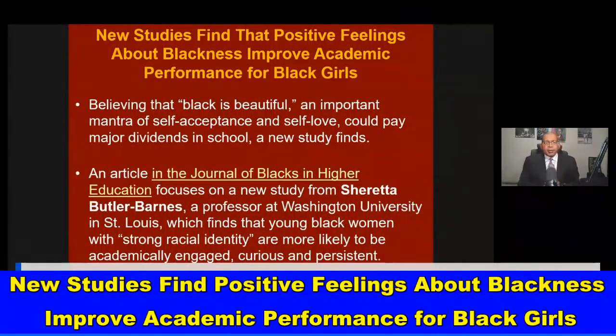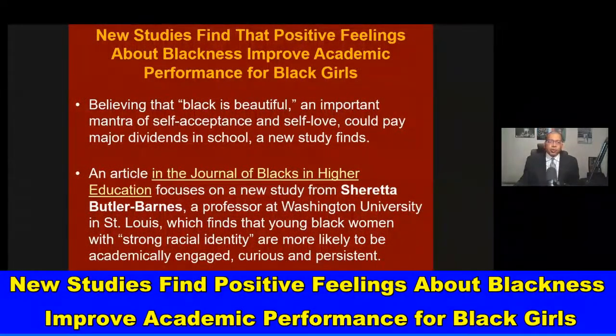This study right here deals with how positive feelings about blackness improve academic performance for Black girls. This is why this type of information is so important, not just for African Americans, but also for our youth. Believing that Black is beautiful, an important mantra of self-acceptance and self-love, could pay major dividends in school, a new study finds. An article in the Journal of Blacks in Higher Education